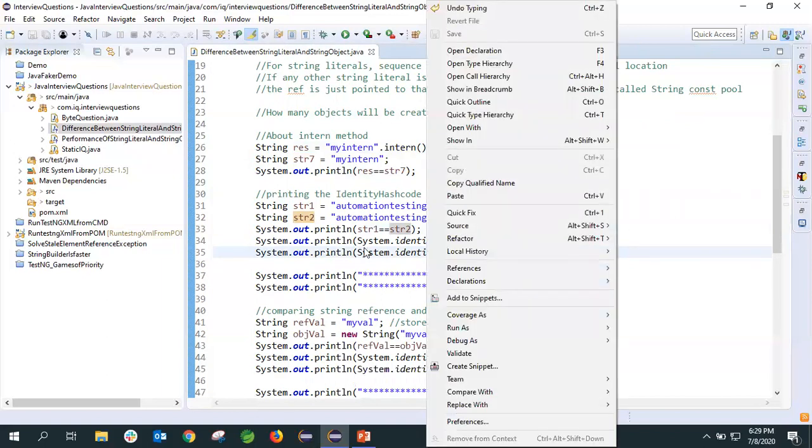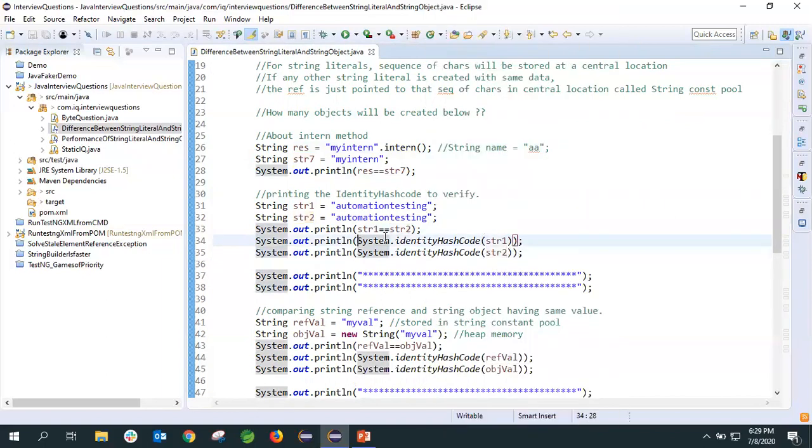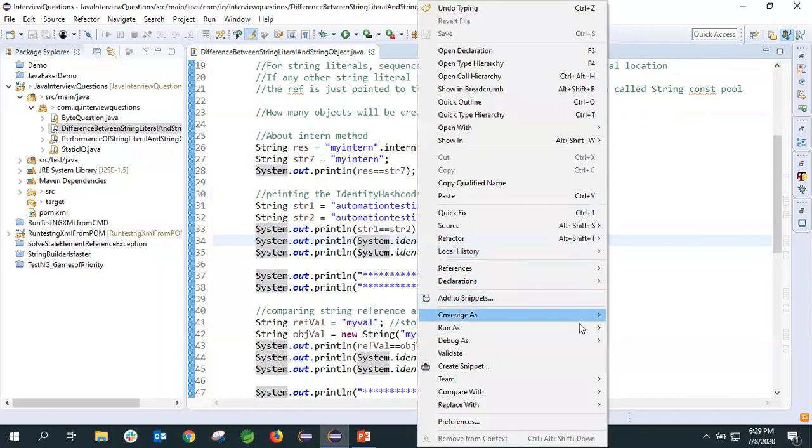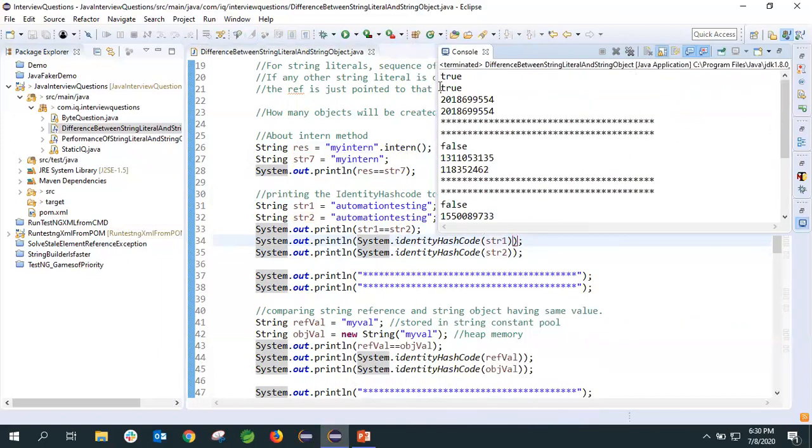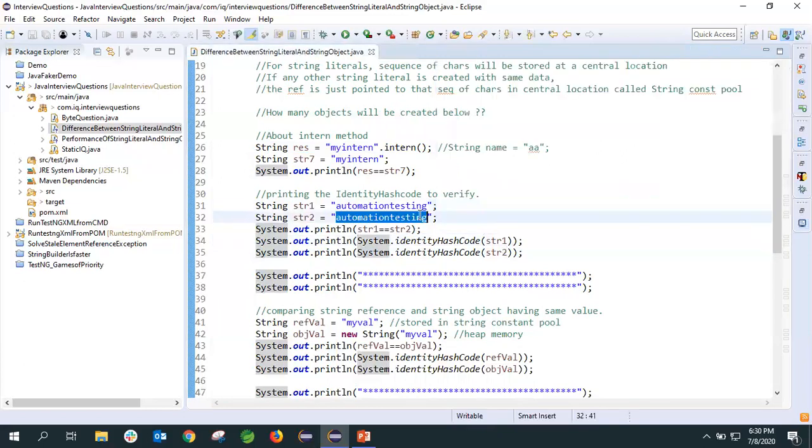Let's print this. Let's run and see what we'll get. Okay, so we got true for str1 equal to str2, and identity hash codes are the same, because the content is the same, it is mapping to the same reference.